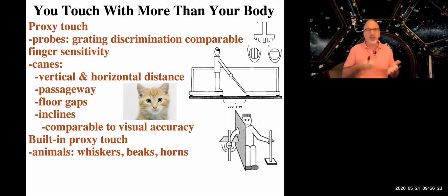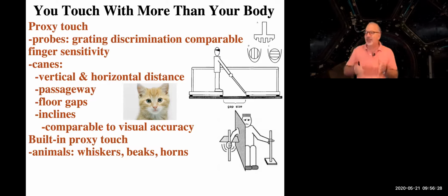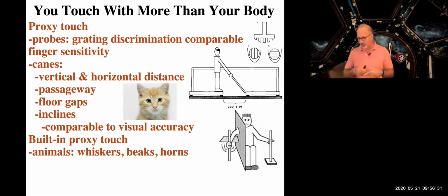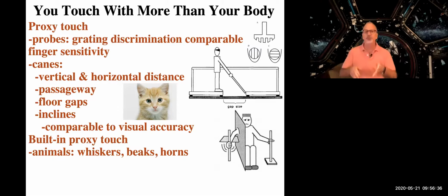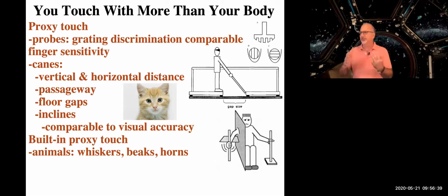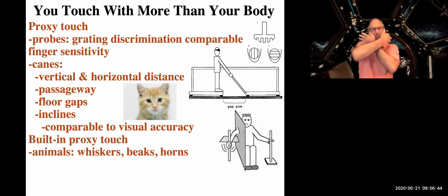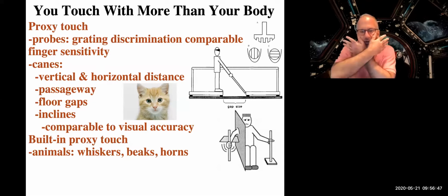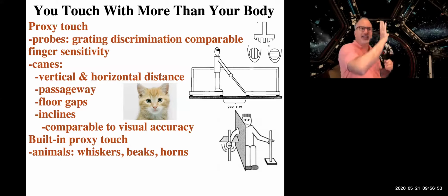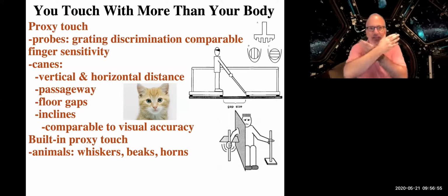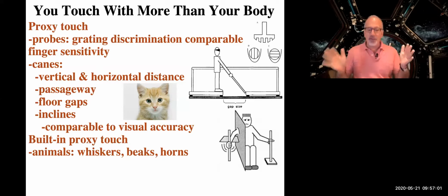So at night, when a rat really can't use its vision very well and wants to know whether it can go through its little rat passageway to go out and look for food, or it finds a new passageway and it needs to know whether it can crawl through it, it will use its little whiskers. How do I do whiskers? Okay, there I am, whiskers. It will use its little whiskers to determine the width of that hole. And as the whiskers get moved by the interior parts of that passageway, the inside of the doorway here, the rat will know how big that passageway is.